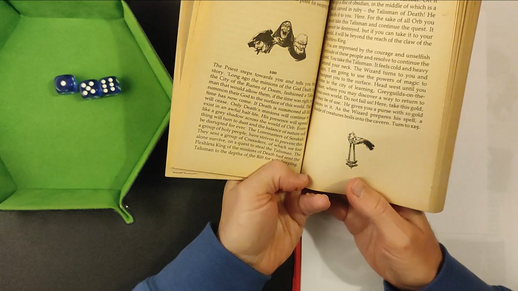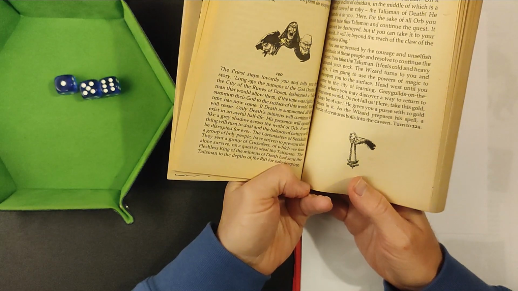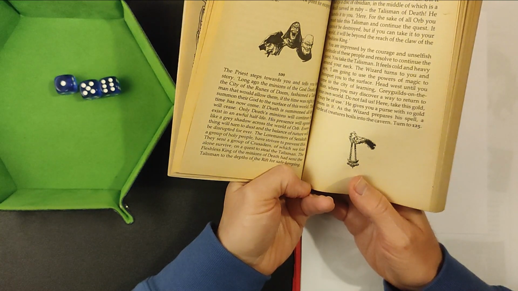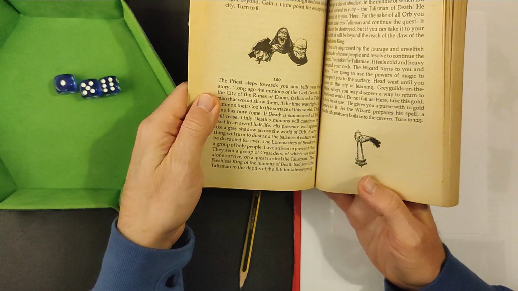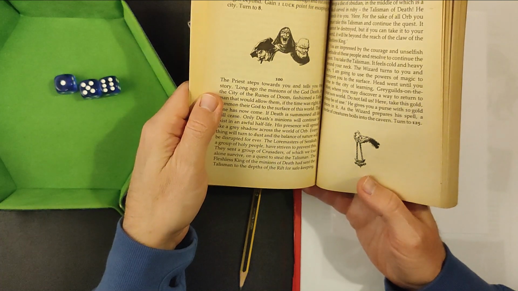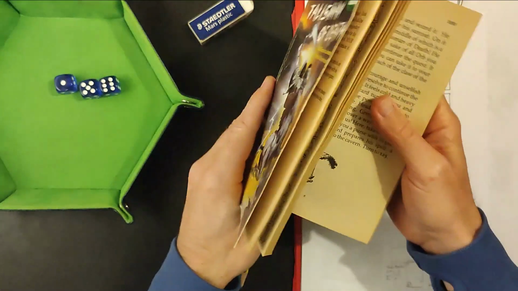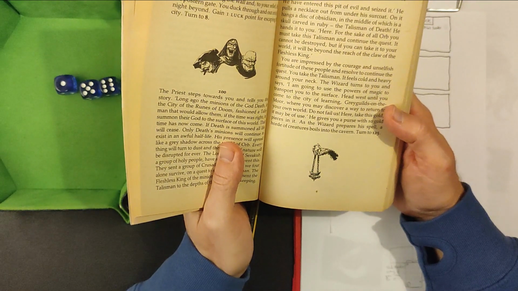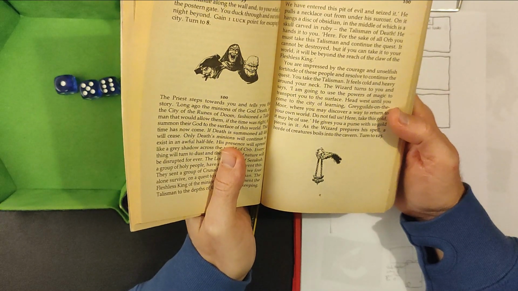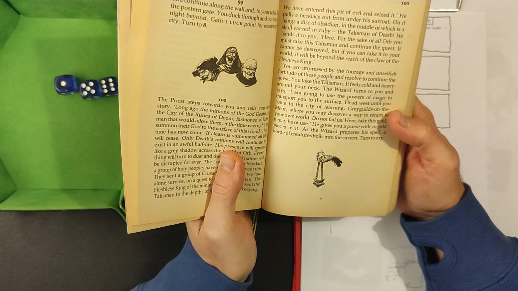The law masters of Serakub, a group of holy people, have striven to prevent this. They sent a group of crusaders, of which we four alone survive, on a quest to steal the talisman. The fleshless king of the minions of death has sent the talisman to the depths of the rift for safekeeping. We have entered this pit of evil and seized it. He pulls a necklace out from under his surcoat. On it hangs a disc of obsidian, in the middle of which is a skull carved in ruby, the Talisman